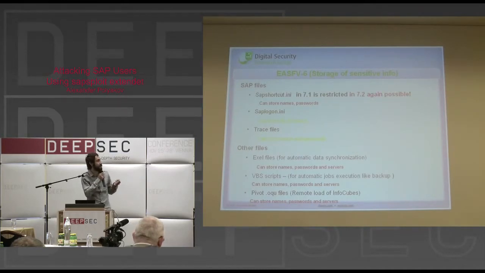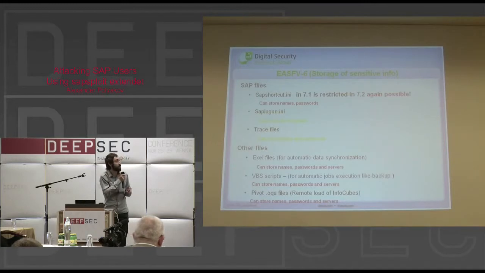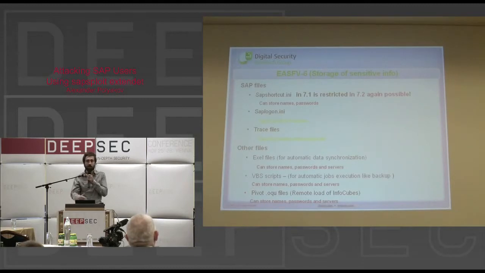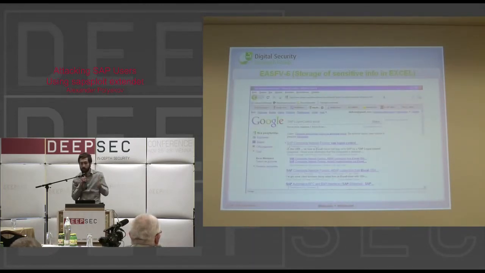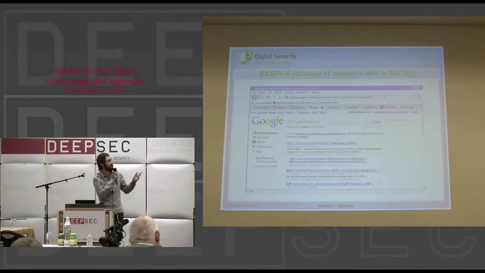and uploads this information for synchronization. So you can easily find the Excel files in the user workstations or in the shared folders, and they store the passwords. And also, you can find just Visual Basic script files that, for example, make some kind of automation job, so some kind of GUI scripting. And there is a company, Pivot, that has some kind of products. So, for example, about the Excel,